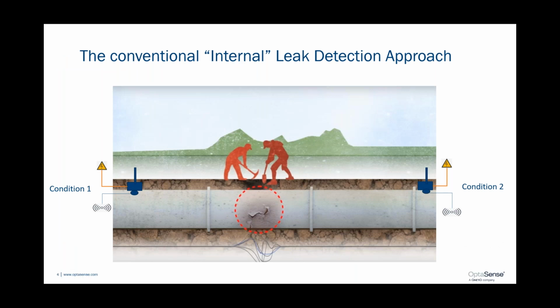So a quick word about conventional approaches. The conventional, or as it's generally termed, internal approach to leak detection involves taking sensors that are either strapped to the pipeline or, more commonly, have access to measurements of the pressure or the flow within the pipeline, and essentially looking at how these change along the pipeline. So if you've got condition 1 over on the left-hand side, a high pressure or a known flow rate, but over on the right-hand side, which may be tens of miles away,